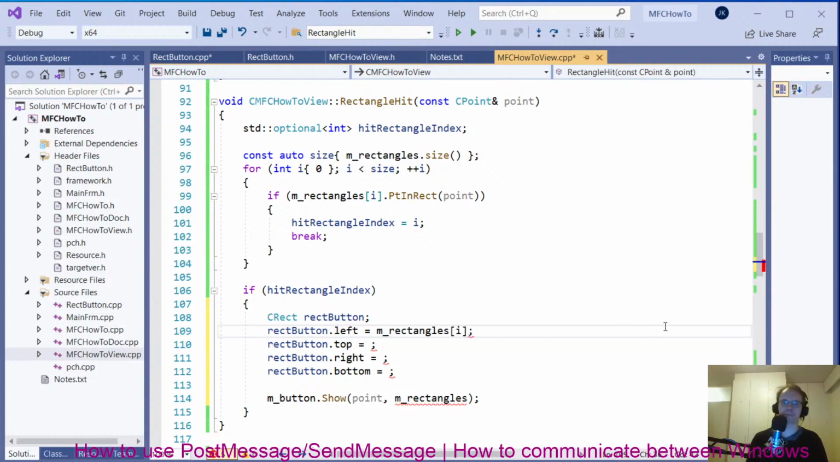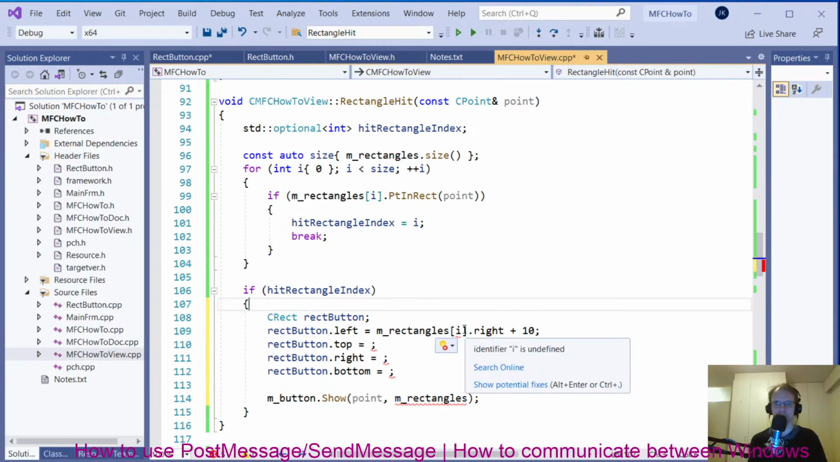So it's gonna be the rectangle, and it's gonna be the right plus some space, isn't it? Some space. So let me put here space. Yeah, I'm just gonna put it there. Let's say, how many pixels? 15 pixels, 10 pixels. So it's gonna be the,